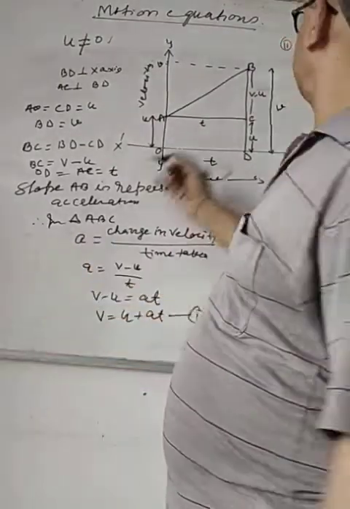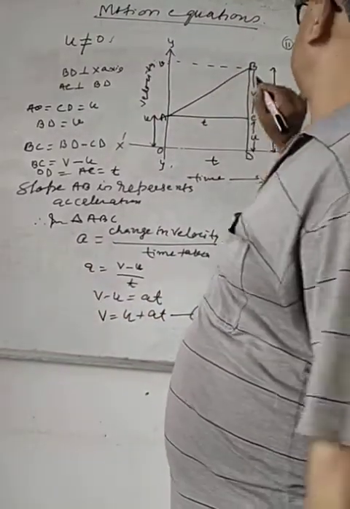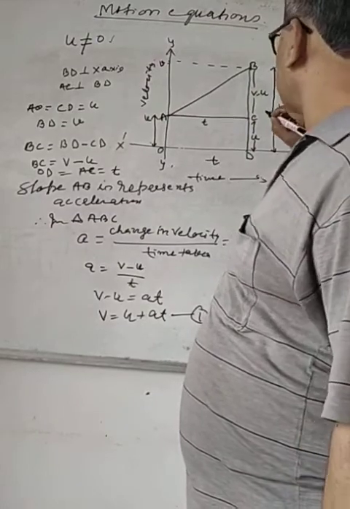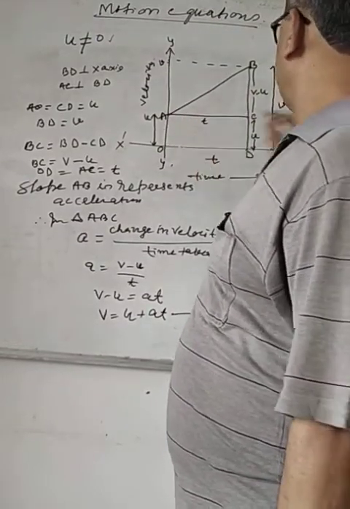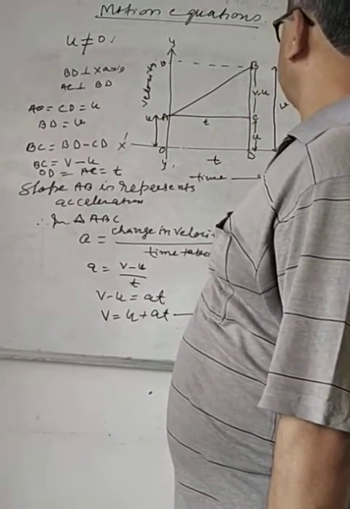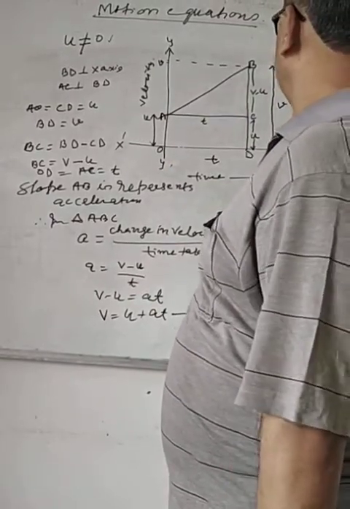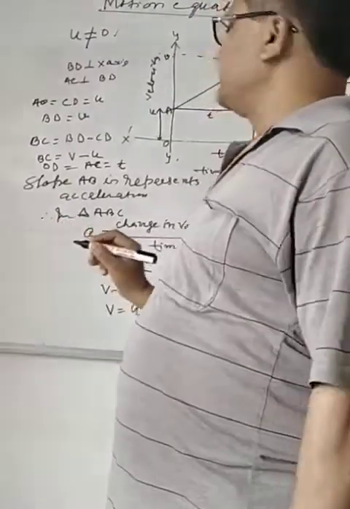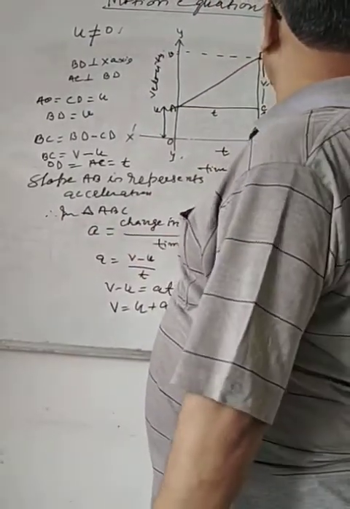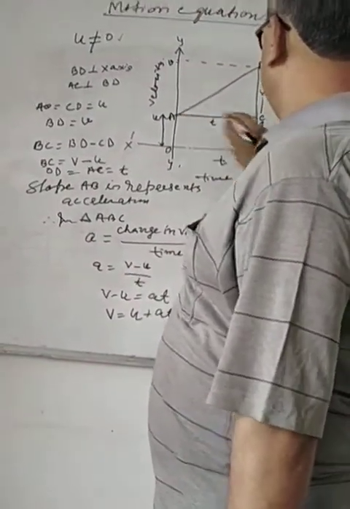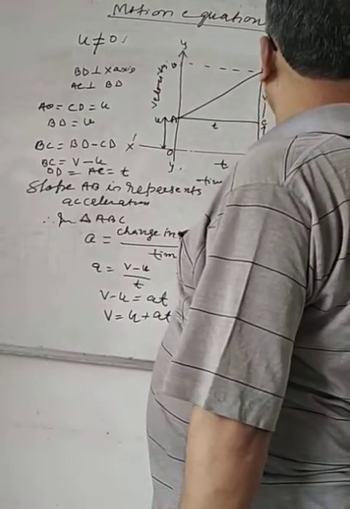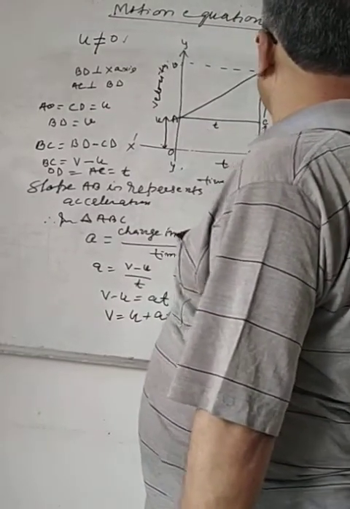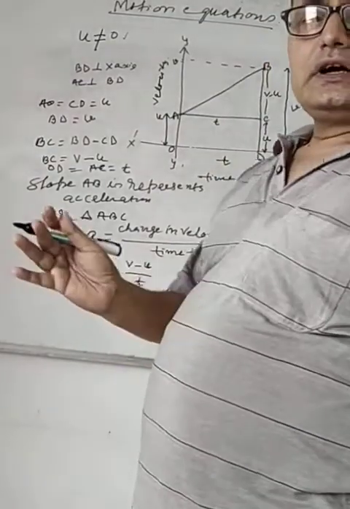Area, that is length into breadth, that is equal to AO into OB plus area of a triangle, that is 1/2 AC into BC, and that is also equal to